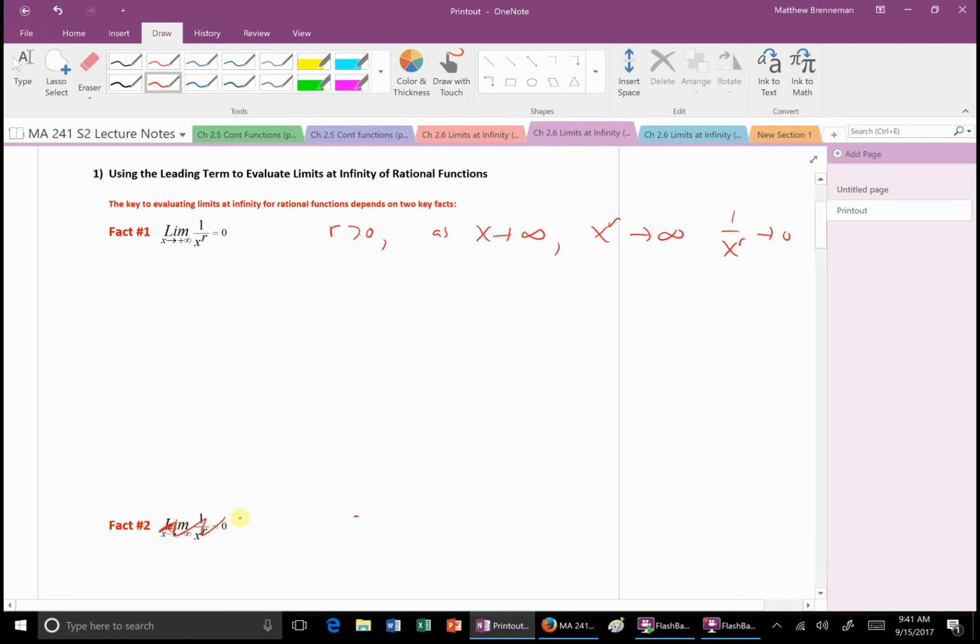So let me go ahead. I am going to change this. Let me do it this way. This is equal to infinity if r is greater than 0. These are the only 2 facts that you really have to know. You have a positive power,